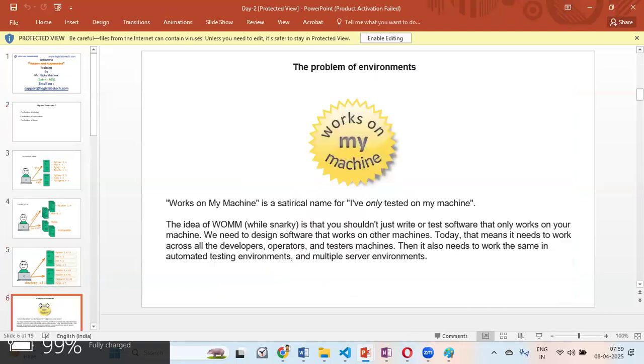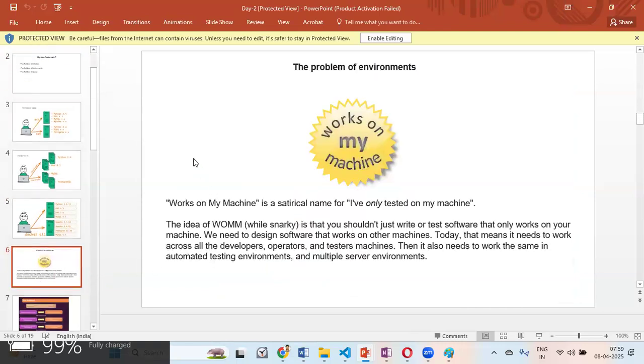There is another problem called the problem of environment. What is this problem of environment? There used to be a blame game between developers and the operations team, that means the infra team. Developers would build the application and ship it to a source code repository, and the operations team, the infra team like us, are the early DevOps teams, I will call them. Although they don't call themselves DevOps, DevOps is not a new phenomenon.